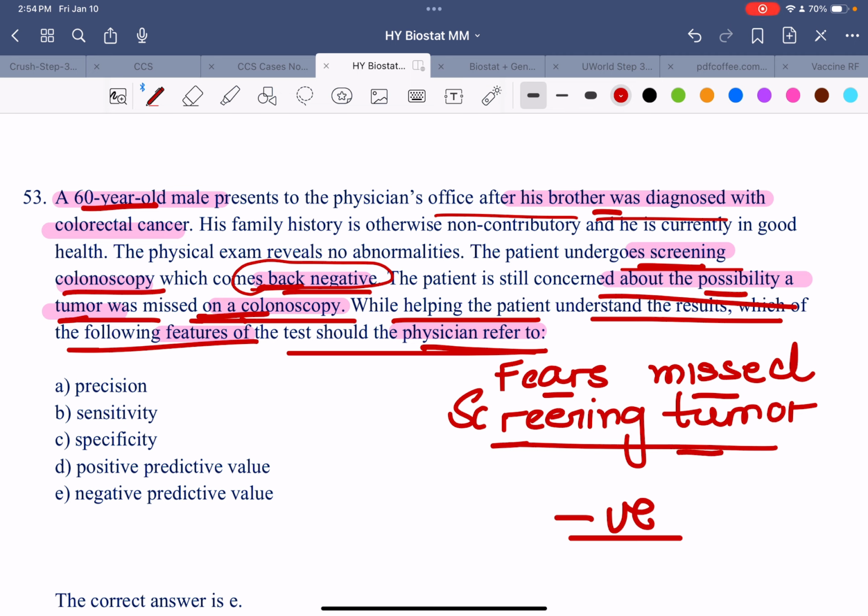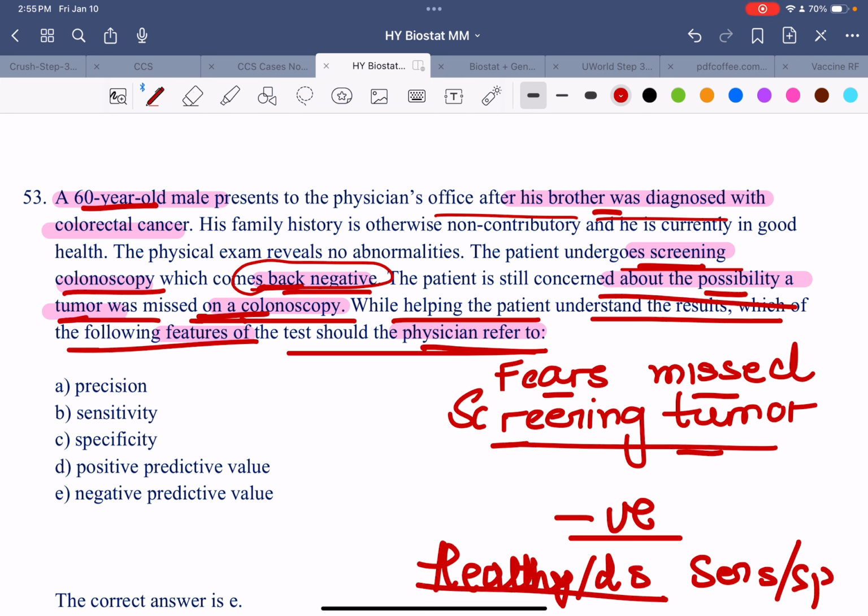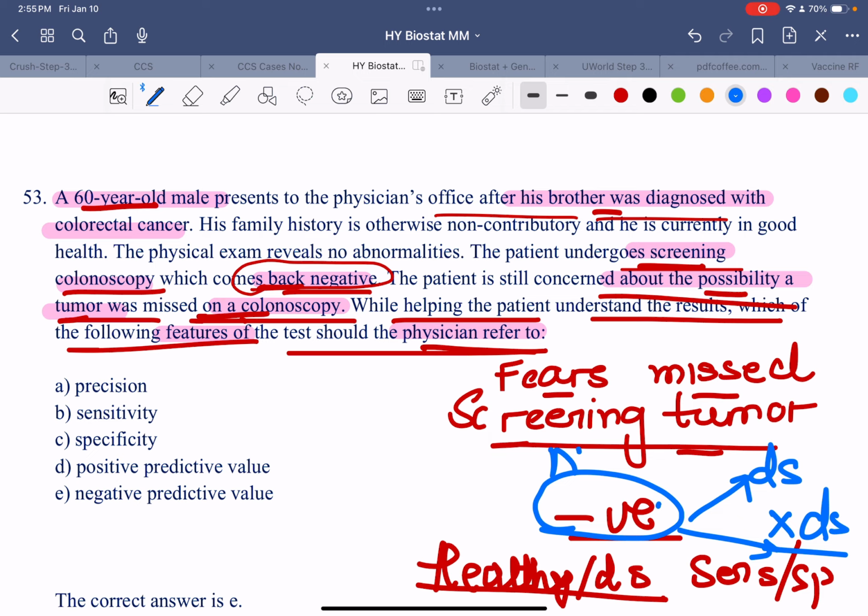So we are not starting with the patient being healthy or diseased, right? Because in that situation we would discuss sensitivity and specificity, and we would say, okay, what's the likelihood of this patient having a positive disease, or what's the likelihood of positive test result, or what's the likelihood of this patient having a negative test result. But over here we're starting with a negative test result, and now we want to know, okay, what are the chances that the negative test result patient is actually diseased, or is actually healthy and doesn't have the disease. So this is known as the negative predictive value, and we are concerned with E, the